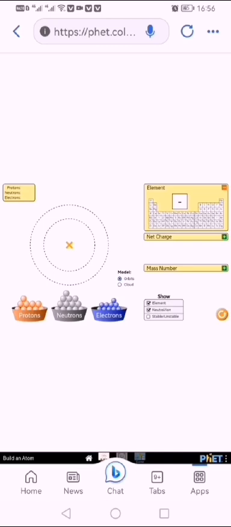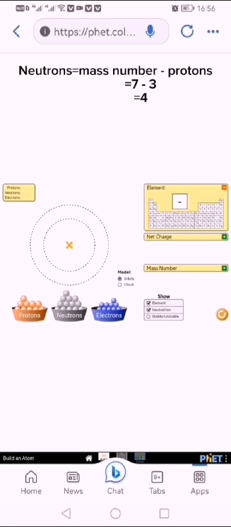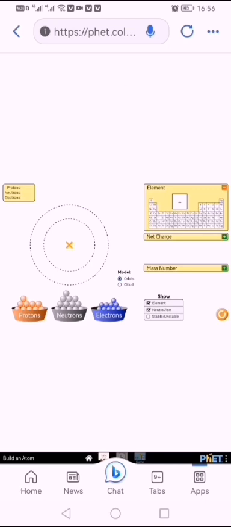In order to find our neutrons, we have to do the calculation whereby neutrons equals mass number minus protons, which refers to our atomic number. So since we have a mass number of 7 and protons of 3, it's going to be 7 minus 3, which will give us 4. This means that we have 4 neutrons